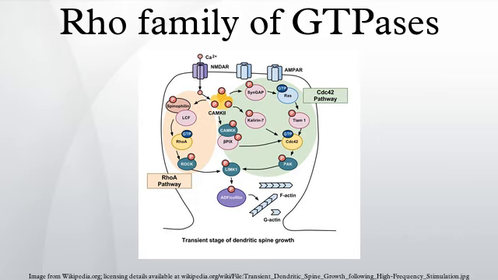The Rho family of GTPases is a family of small signaling G proteins, and is a subfamily of the Ras superfamily. The members of the Rho GTPase family have been shown to regulate many aspects of intracellular actin dynamics, and are found in all eukaryotic kingdoms, including yeasts and some plants. 3 members of the family have been studied in detail: CDC42, RAC1, and RhoA. All G proteins are molecular switches, and Rho proteins play a role in organelle development, cytoskeletal dynamics, cell movement, and